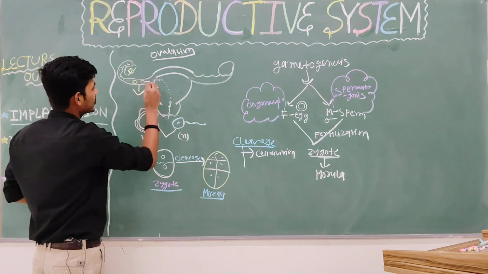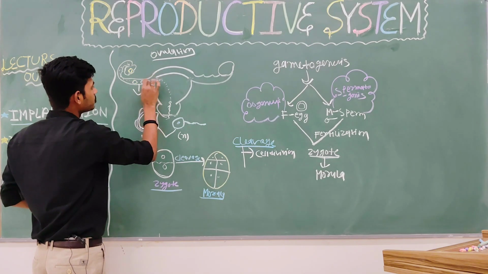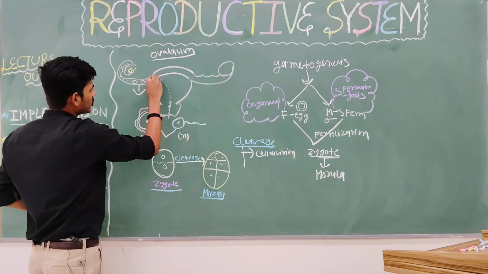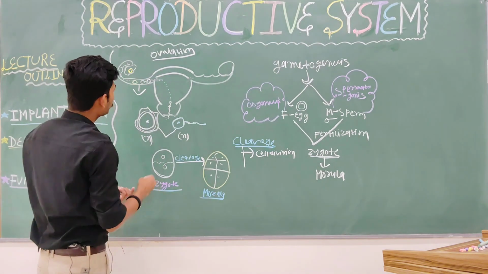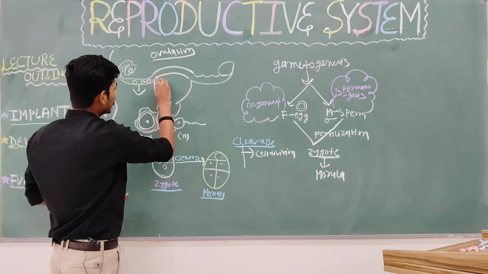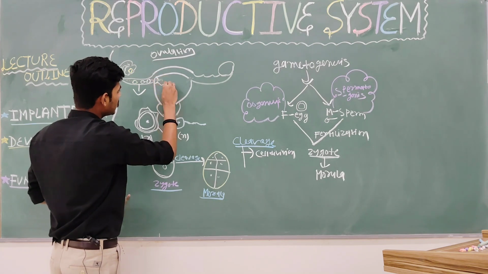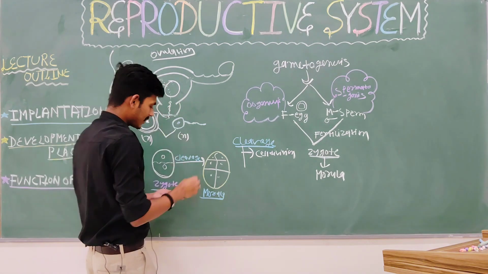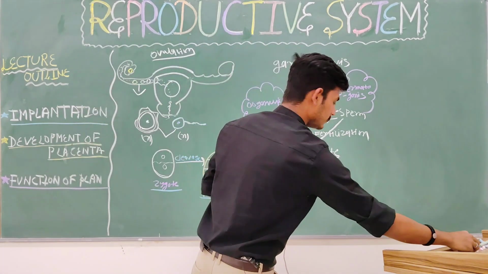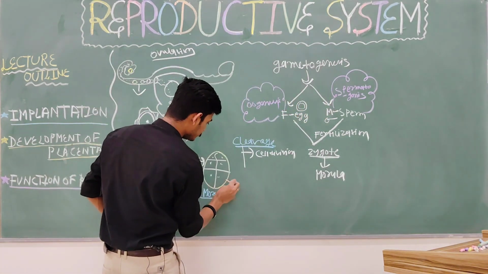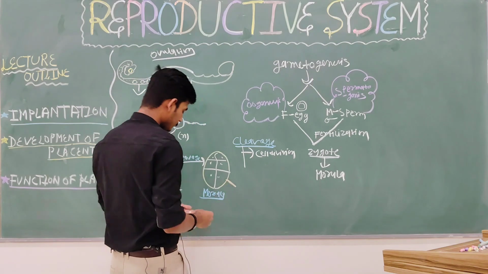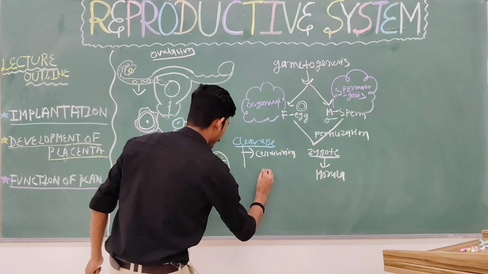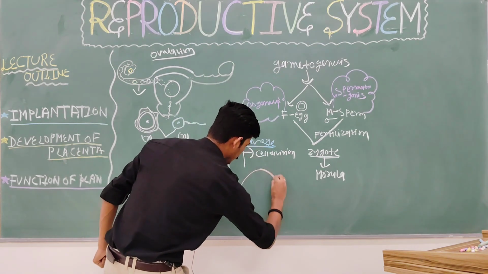Then go with the nearest answer, that's the ampullary isthmic junction. Here the fertilization happens, and there will be a formation of zygote. Now this zygote forms the morula, the 8-cell structure. This morula divides and becomes one large structure. Tell me, this large structure is called a blastocyst,